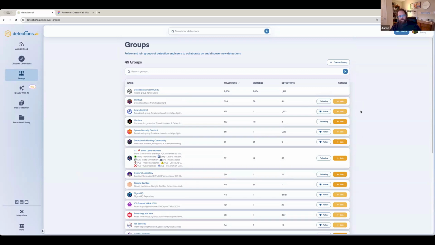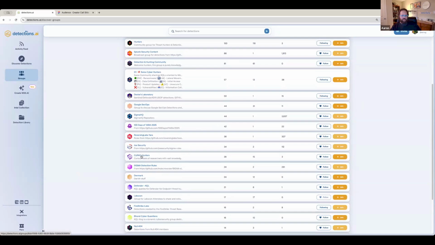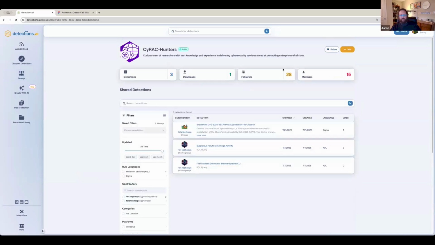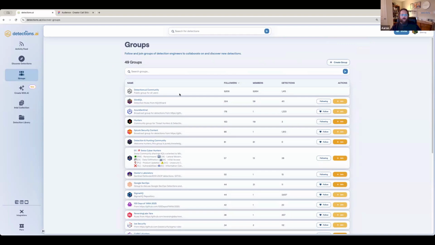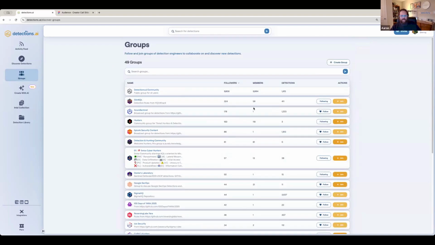Joining does allow you to get comments. So if you join a group, if I say here's the ransomware ISAC group, I want to follow them. Now I can see their detections in my feed. See here they've written 3 detections. I can also join the group. I'm not going to do that. But this is just a way to sort of get your particular brand out and share some detections under whatever veil you want to do. That being said, this is all the ones that just allow public participation. There are hundreds and hundreds of groups that do not allow that.